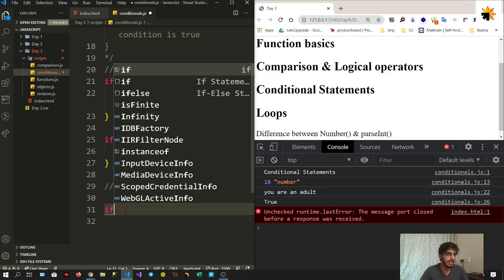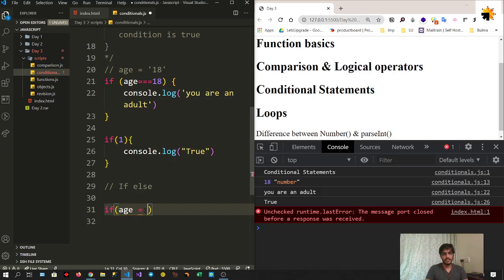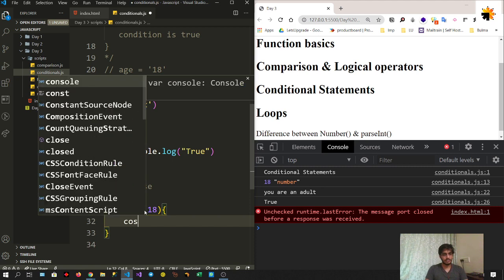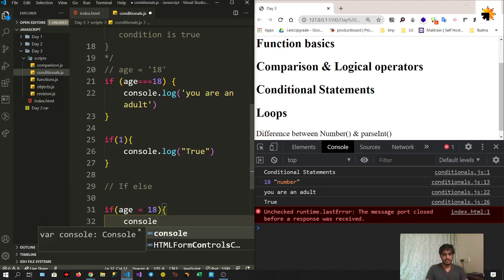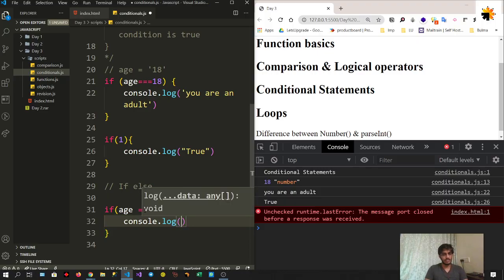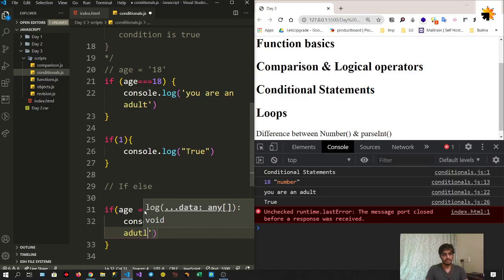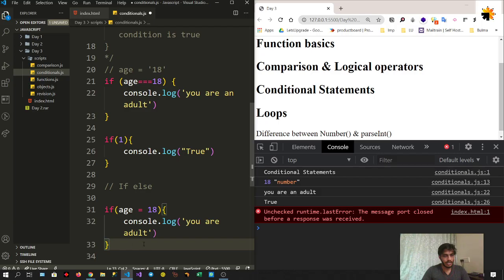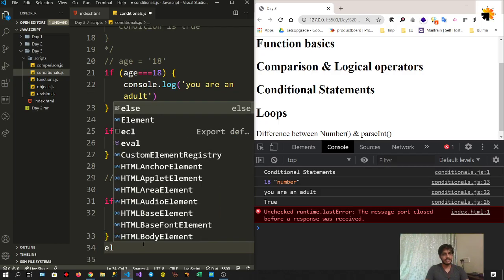Like if it is raining, I won't go out. If it is not raining, I'll go out. So in that case, we use if else block. So for example, I am writing if age is equal to 18, and then we start the blocks. Then we can write console.log you are adult, and then you can just write an else statement,